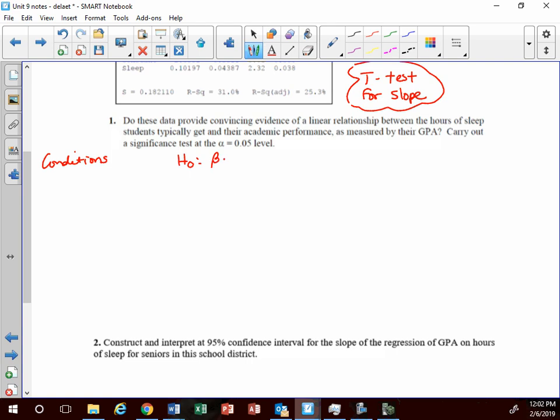Okay, beta equals 0. My alternative, what do you think? Yep, because it doesn't say necessarily, it just says, is there evidence of a linear relationship? So that could be positive or negative. So we're just going to say not equal to 0. Okay, one thing you also need to do on this is actually define what beta is. Okay, so we need to say beta is the true slope of the regression line